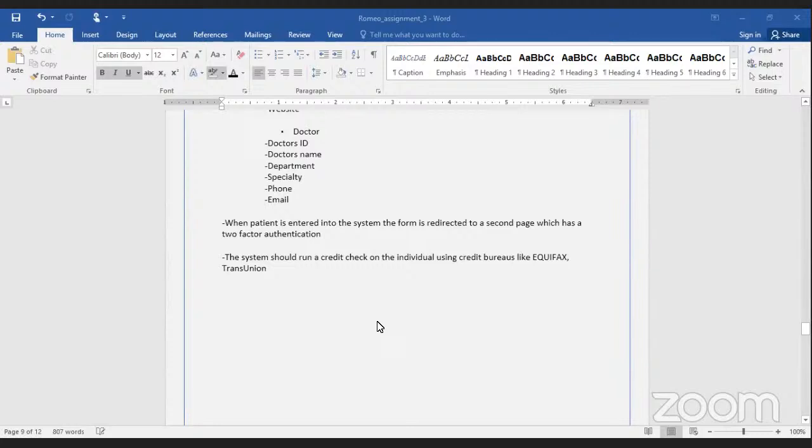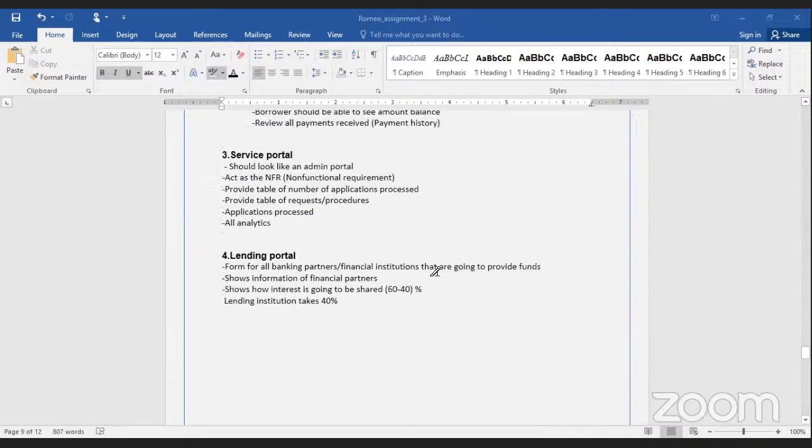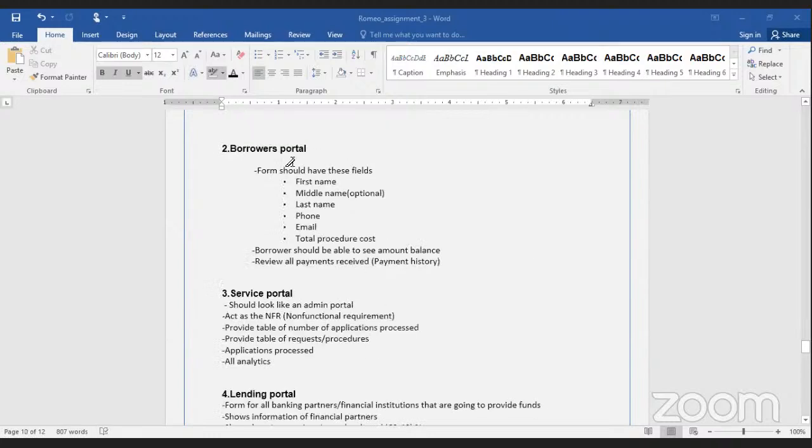The system should be able to run a credit check on the individual using credit bureaus like Equifax. In the borrower's portal, the borrower should be able to register. We need fields: the first name, middle name, which is optional, the last name, phone, email.